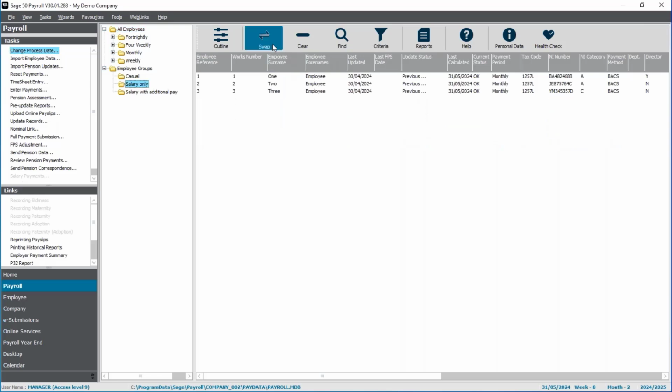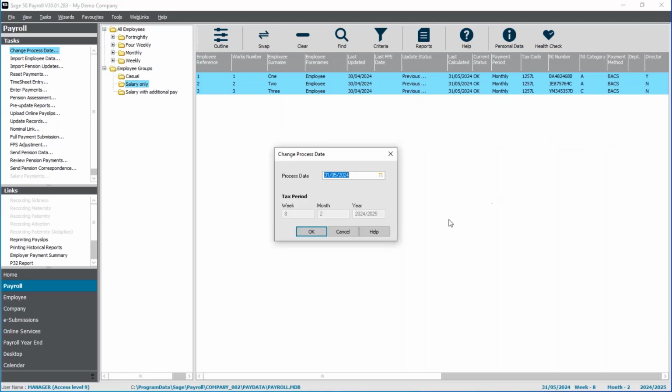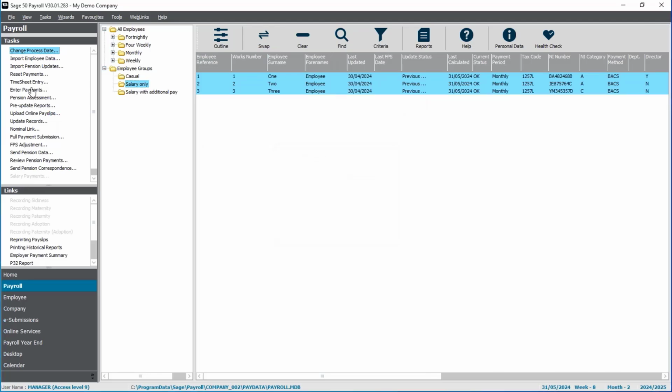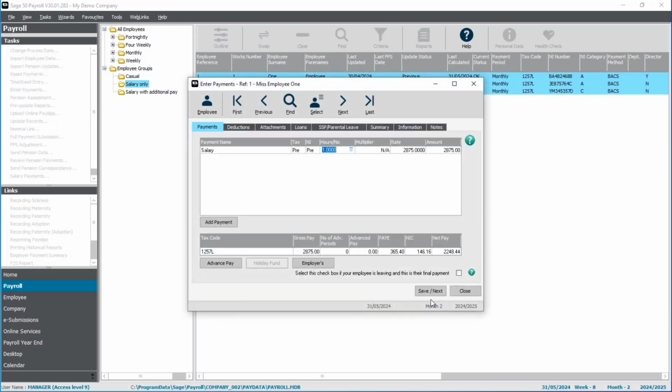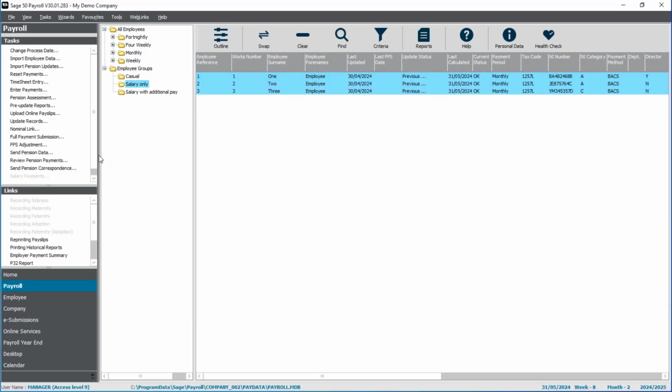So if I just select my first 3 employees, all of these get the same fixed salary each period. I've already set my process date and I've quickly been in and entered their payments. So I've just basically saved what they received last period, which is usually their full salary. And once I've entered the payments, the next step in my pay run would be to go in and run